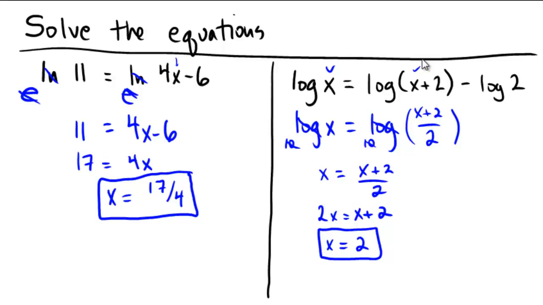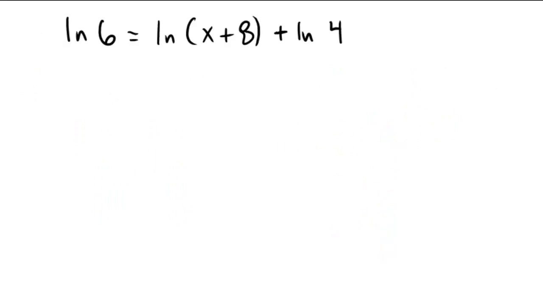Okay, so why don't you try one on your own here? Try this one with ln of 6 equals ln of x plus 8 plus ln of 4. Okay, assuming you paused and tried this out, the left-hand side is fine, ln of 6. On the right-hand side, though, we have two logarithms being added. So I'm going to combine those with a product, right? So inside of the parentheses here, we need the x plus 8 and we need the 4, but we need those to be multiplied